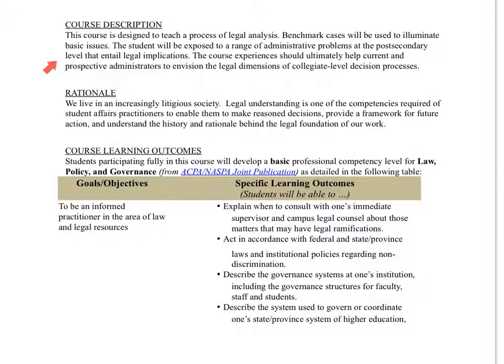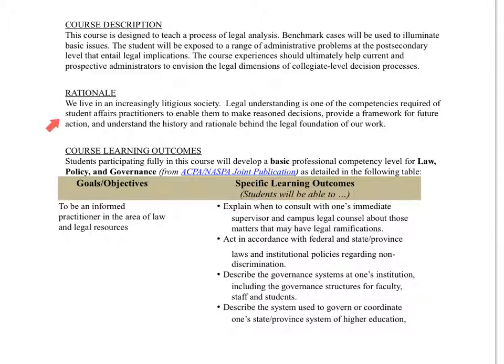This course is not meant to make you a legal scholar or a lawyer, but it is meant to give you a good foundation in the kinds of issues you're going to see coming up as you do your work in student affairs. It's also going to give you that information that you need to know, particularly when do I need to call university counsel and get them involved. So once again, it's not meant to make you a lawyer, but it is meant to help you understand when you need to get assistance.